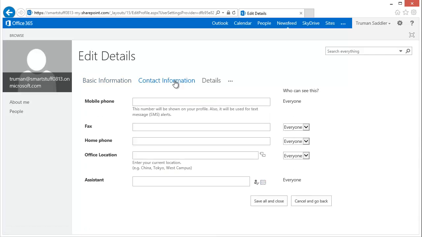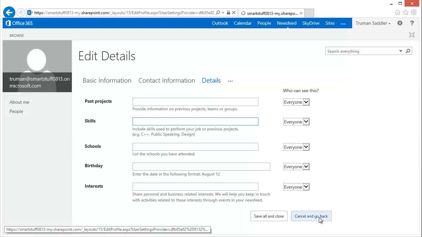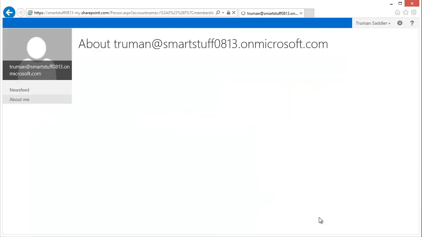A lot of this contact information is going to be available within Exchange Online and within the global address book, but you can add it in here as well, so it's available within SharePoint. And with each of these fields you can set whether the information is available to yourself or to others, and with different permissions. So again, you can put in skills, past projects, all those various things, as much as you would like to share with other people. So once you've worked your way through putting in some of this information and perhaps saving that,